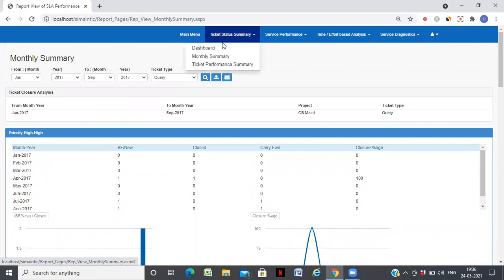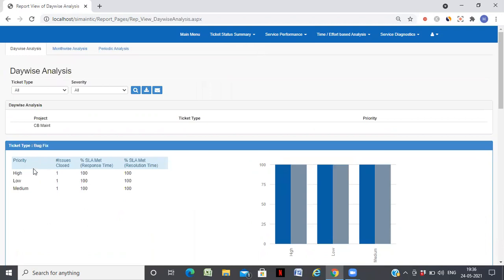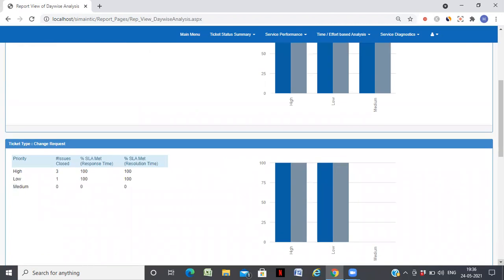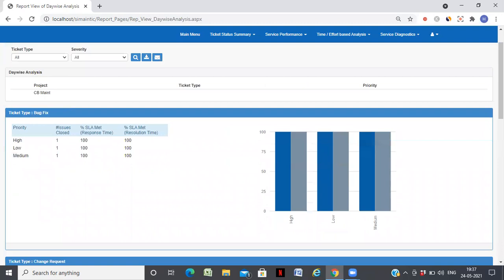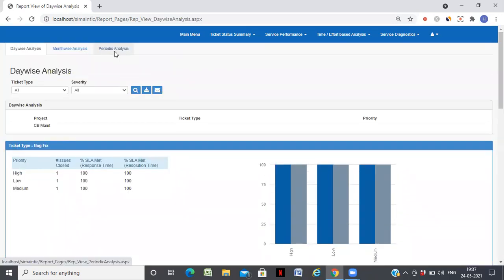Then you have service SLA performance. You will get a comprehensive analysis of the number of issues closed, what the SLA is, the percentage SLA met time, and the percentage SLA resolution time for the met category. And similarly for SLA, you also have periodic or month-wise analysis.